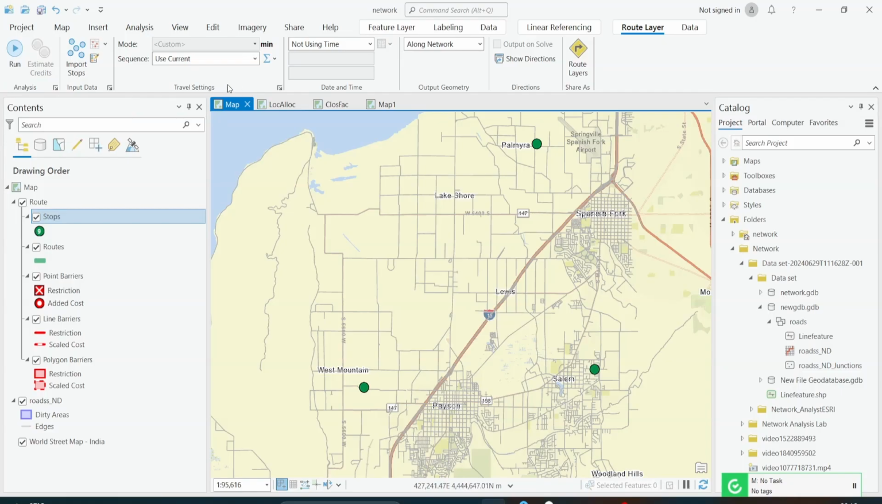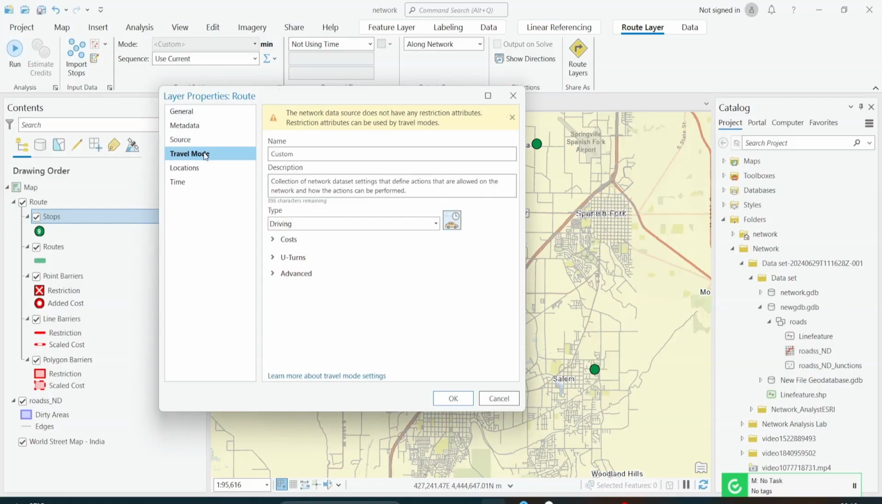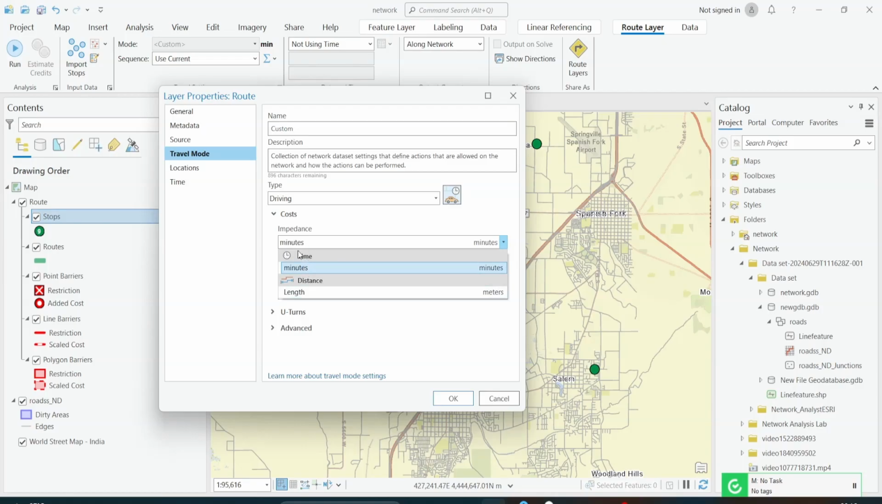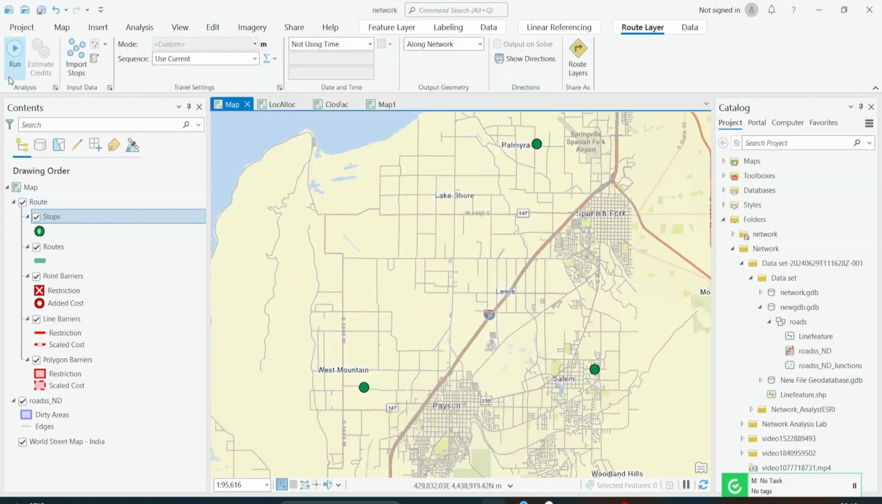Now in the travel settings, if you click over here and go to the travel mode, then come over to the cost, in the impedance we have two options here: minutes and length. This minutes is the time cost that we created just now, and this length is already there. To get this time, we edited the properties of our network dataset, right, to get the time impedance here. If the impedance is in length, and you click OK and run this,